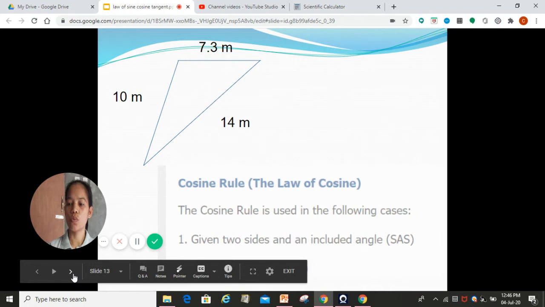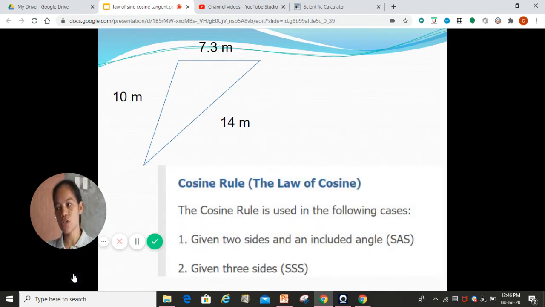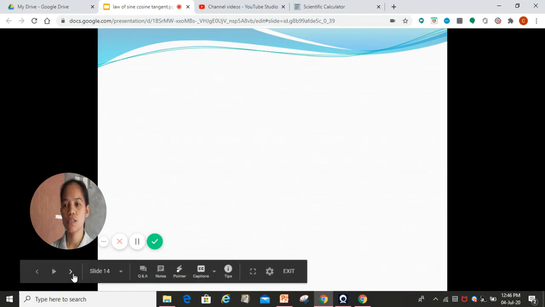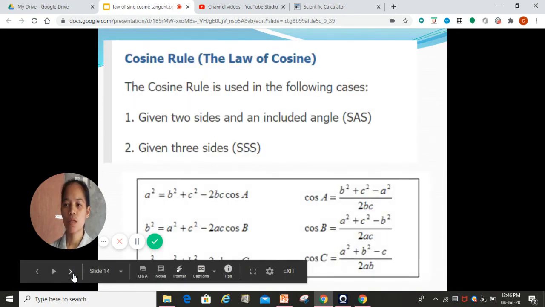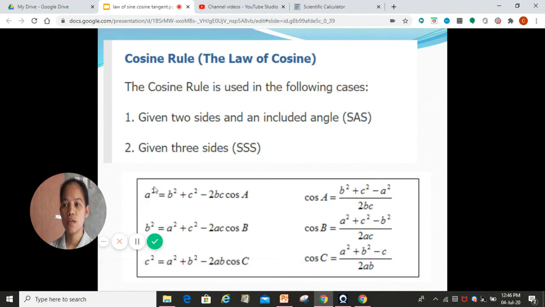So we have to take into consideration another rule, which is the cosine rule, used given two sides and an included angle, and given three sides, or SSS. So this time we are given three sides. And that's the relationship that you are to use. Take note that if there is a missing side, that missing side is equal to the given opposite side of it. So here, we're given three sides. Analyzing it,